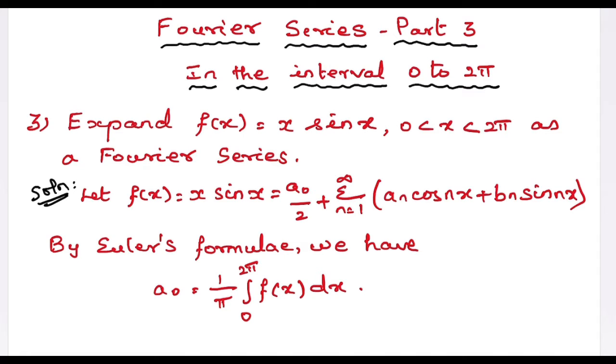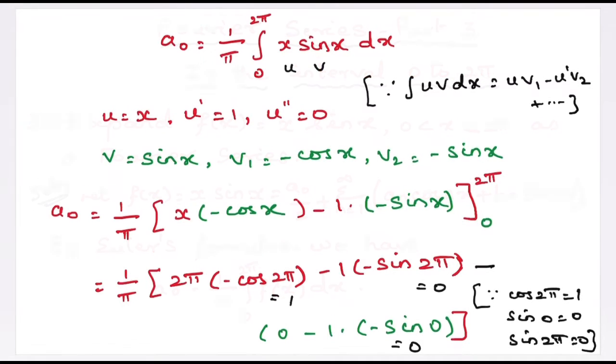Now coming to the solution, here the function is x sin x between the interval 0 to 2 pi. You know the function f of x is equal to a naught by 2 plus summation n from 1 to infinity a n cos nx plus b n sin nx. So by Euler's formula you have to find a naught, a n and b n here. First let us find a naught, which is equal to 1 by pi integral 0 to 2 pi f of x dx. Substituting the function x sin x in place of f of x and integrating with respect to